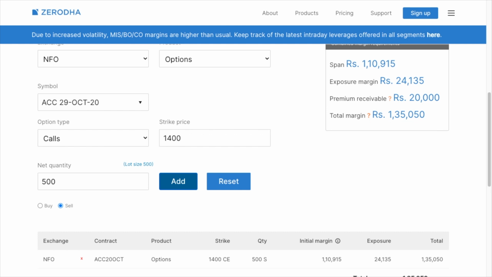So if you take a short position on a call option that requires a margin of rupees 1 lakh, you will need at least rupees 50,000 in cash irrespective of how much collateral margin you have. The cost of pledging at Zerodha is rupees 30 plus taxes per pledge request. There is no cost for unpledging. Please note that the collateral and haircut percentage varies based on the security and the price variations in it.